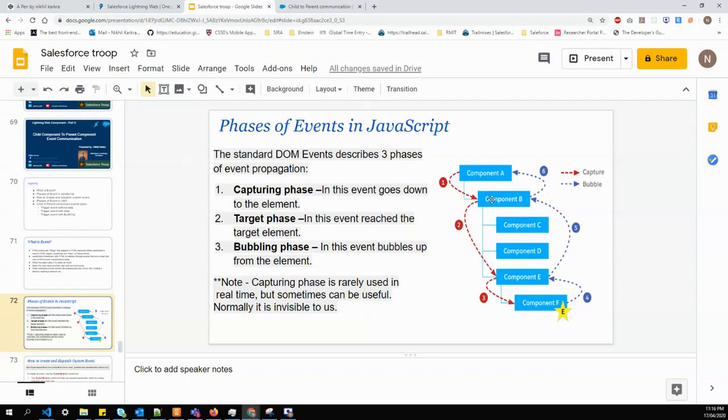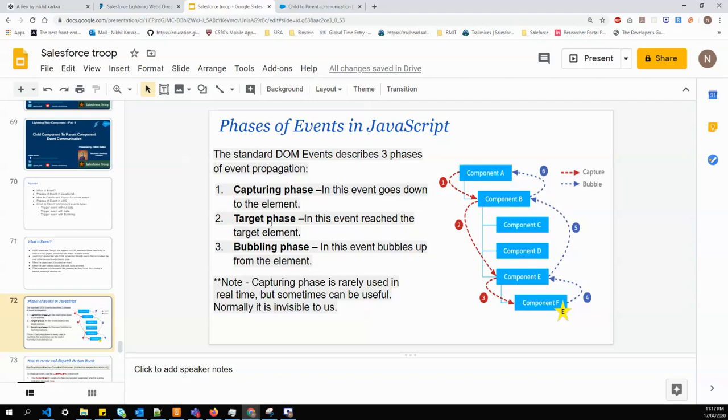Suppose we have a hierarchy of components: parent component A, within that parent component B. Component B has many children C, D, E, and E has one more child F. Suppose you click on component F. Your event will trigger from A to B, B to E, and E to F. This is called capturing phase, when your event comes from top to bottom to your element.